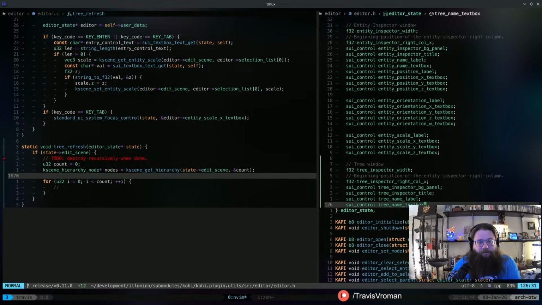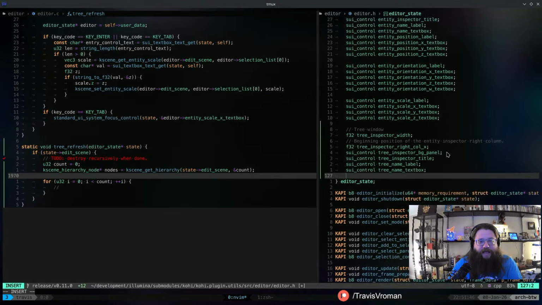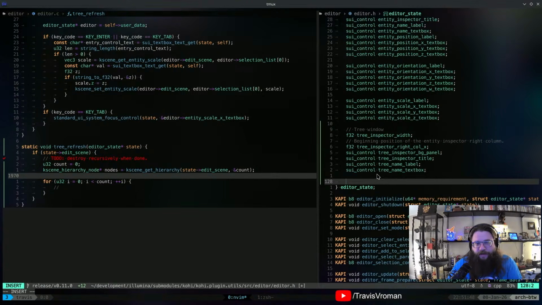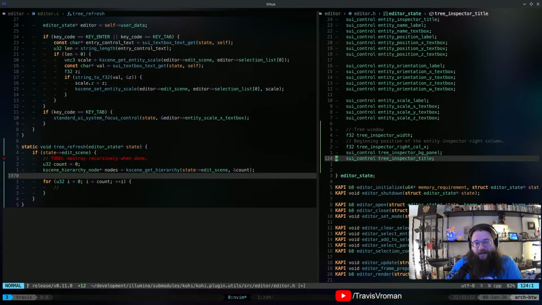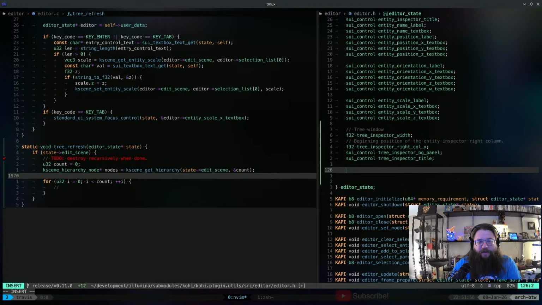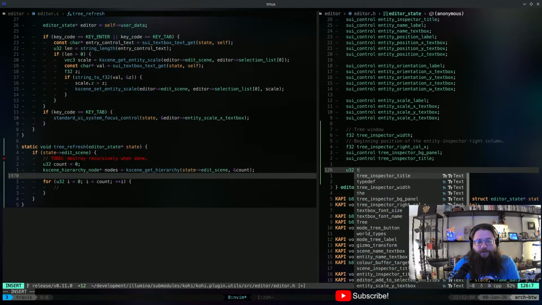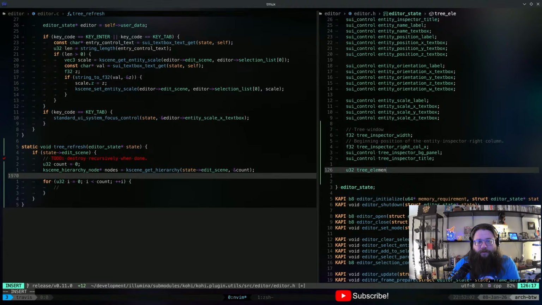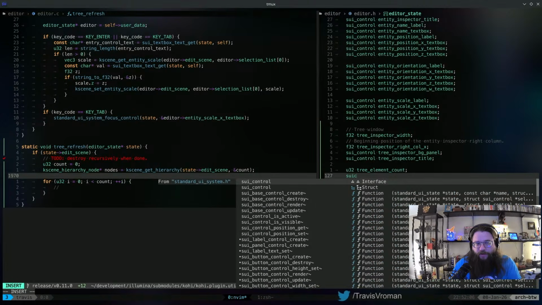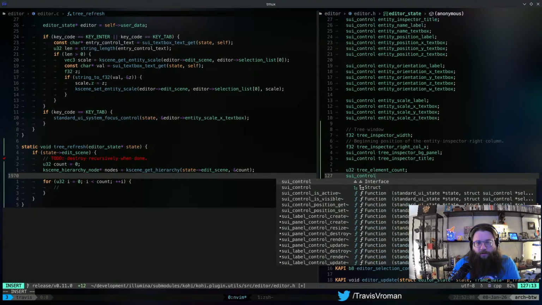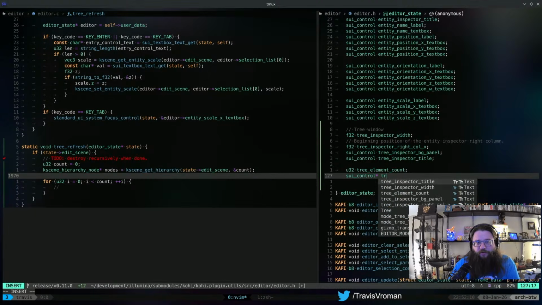tree inspector, but we're going to add them after, you know, after the title, right? So what we're going to do is we're going to have a U32 tree element count, and we'll have a SUI control pointer, tree elements.